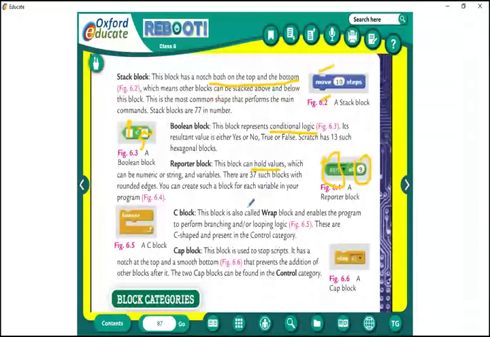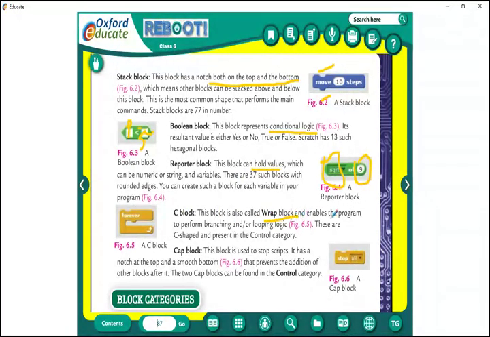The next one is the C block. This block is also called the wrap block. Underline: C block is also called wrap block. You will say, like a five-star wrapper. What does a wrapper mean? The teacher will say, hey, after eating chocolate, don't throw the wrappers here and there, put them in the dustbin. Correct, no? Wrapper means wrap, or covering. So the C block is also known as the wrap block.